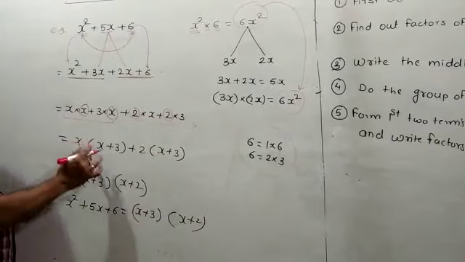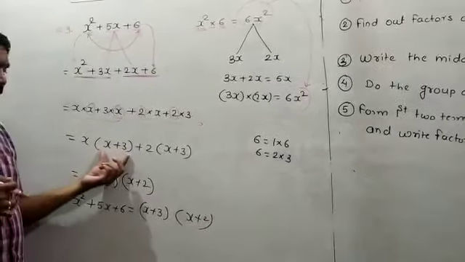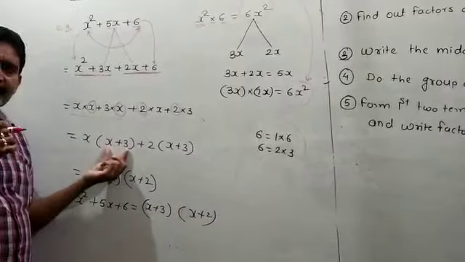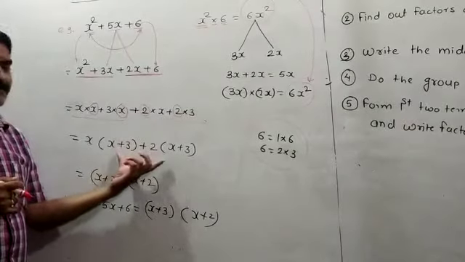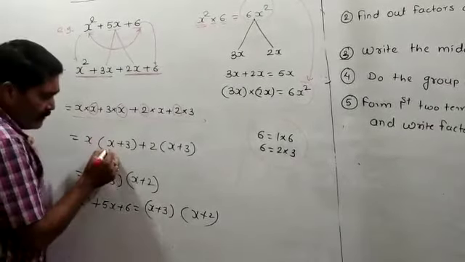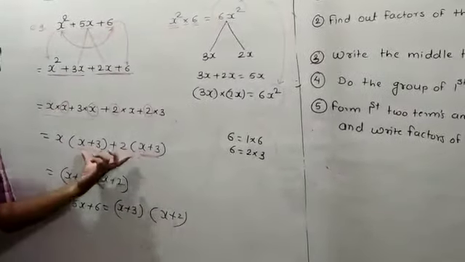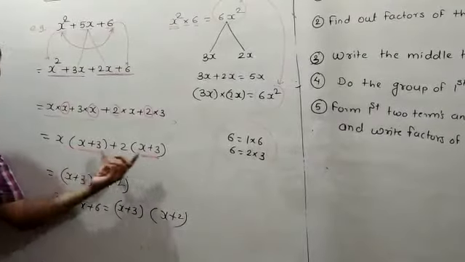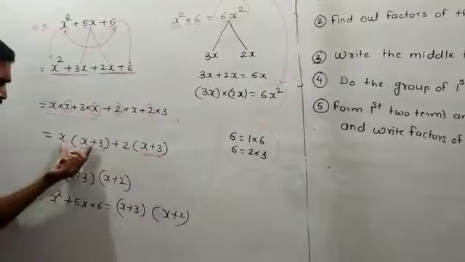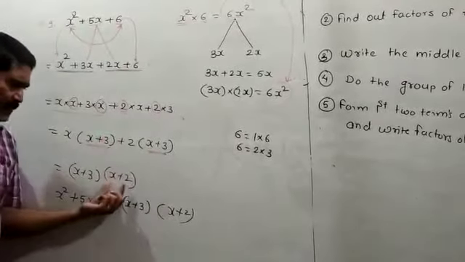Then again, if you see the expression, whatever you are solving, that one is correct or not. For this step, this bracket and this bracket have to come the same. This already came the same. If this does not come the same, at that time you have to say that something is wrong in between this. So x plus 3 and x plus 3 is the common in between these two terms. This one is the first term, this one is the second term. You have to take out the common a second time. So x plus 3 will come common. If x plus 3 is present in both the terms, at that time x plus 3 comes common. At that time what remains? x plus 2 you have to write here.